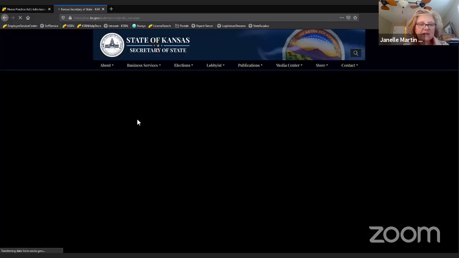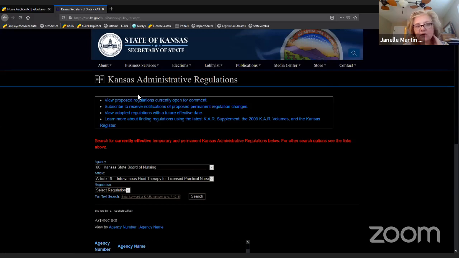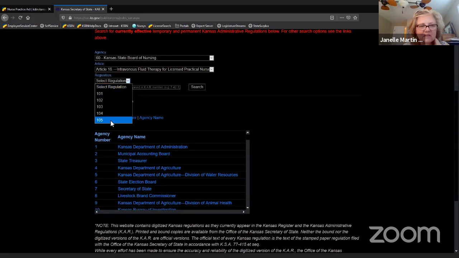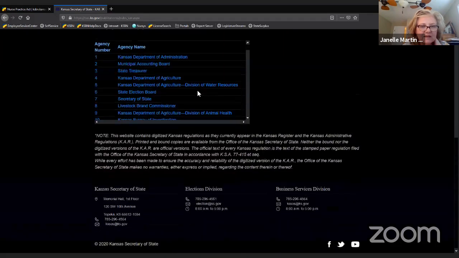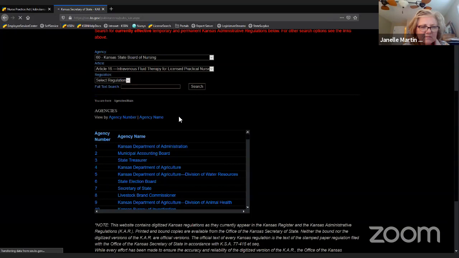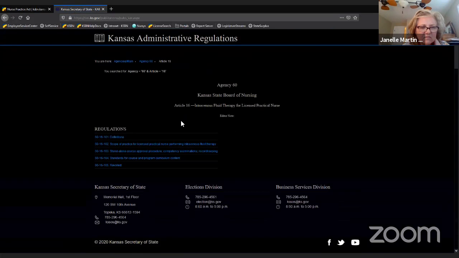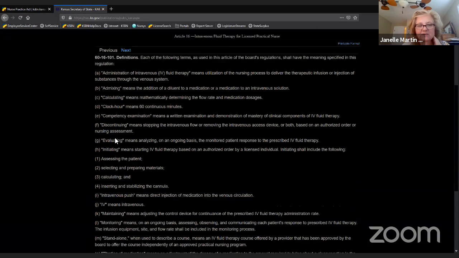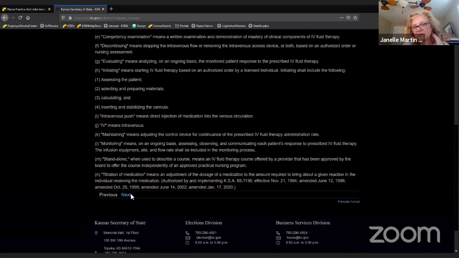So you can click on that, and if you don't have a particular regulation you want to look for, you can click any of them, or if you just click search right then, I think it will bring up the first one. Yeah, and then you can just click on which one you want to look at. So that's how you get the most up to date. So these IV therapy regs are the current and the most up to date.